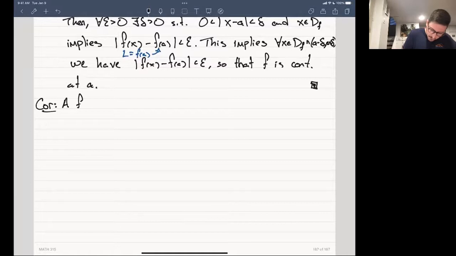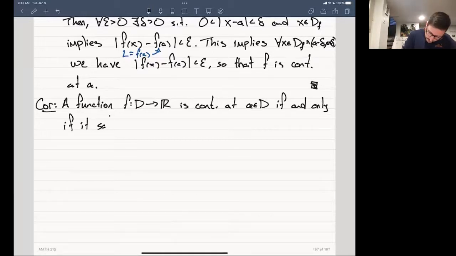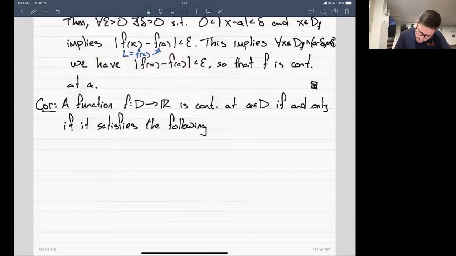This corollary says a function f that transports you from its domain into the real numbers. This is just the notation that says it has domain D, is continuous at a point A in D if and only if it satisfies the following. Now I'm going to write this in green so it stands out a little bit to you, because this is another criterion. This is the sequential criterion